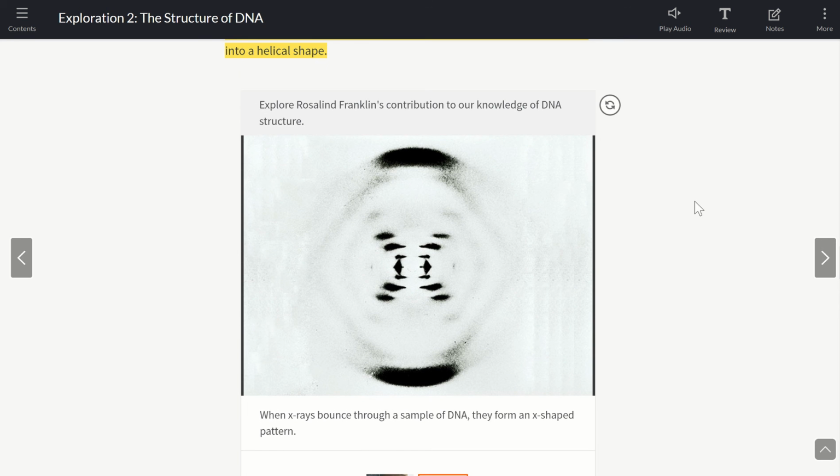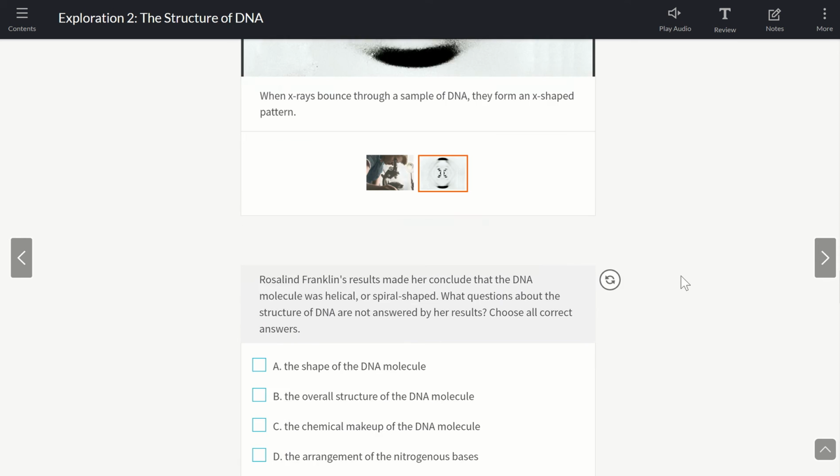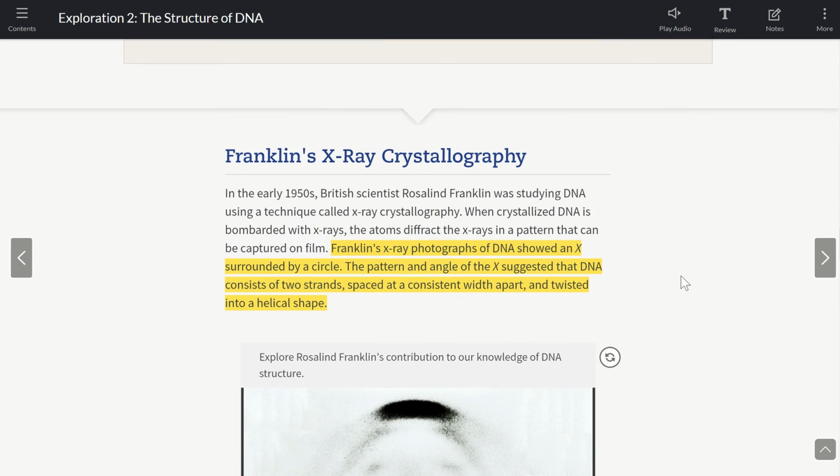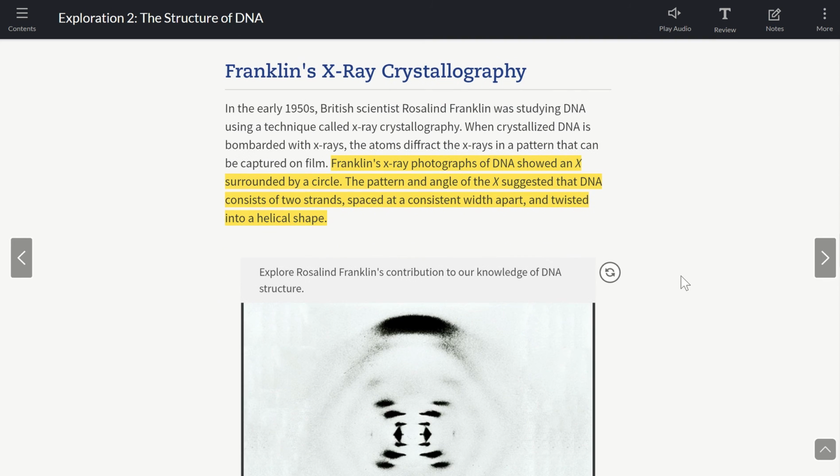Here's one of her pictures that she's famous for. This picture showed the scientists that were working on this problem enough detail to determine the angle of the twist, the space between the nucleotides, and the fact that it is in fact a double helix shape. Now, Rosalind Franklin's research was unfortunately not very well appreciated, in large part due to the fact that she was